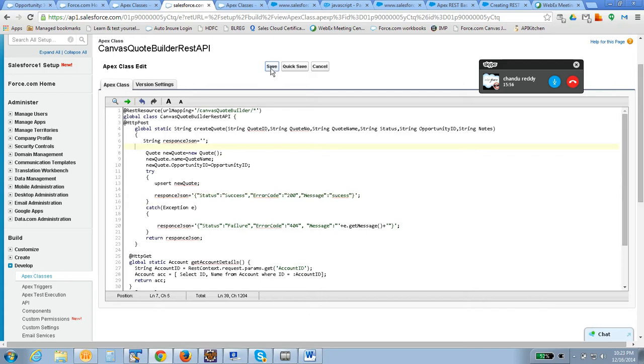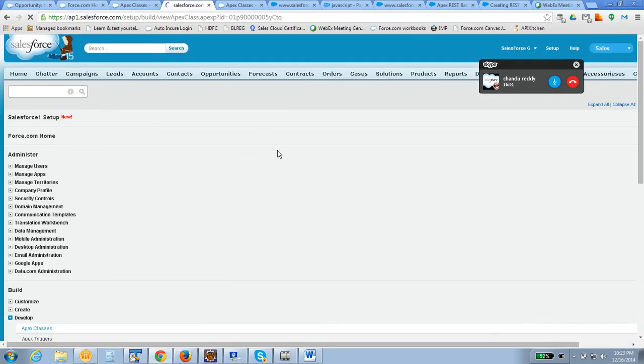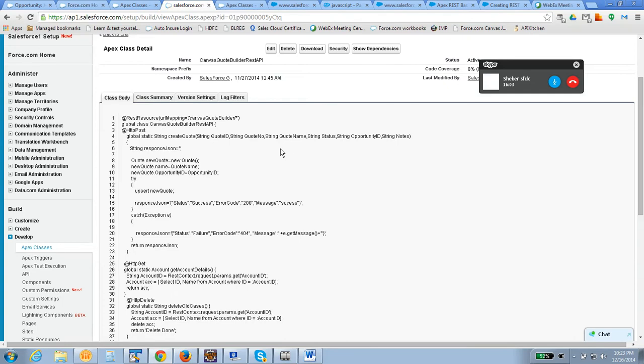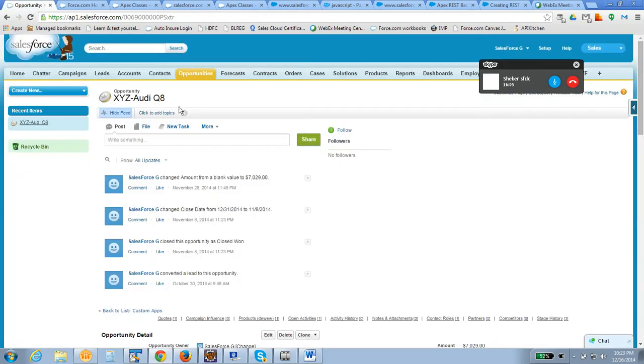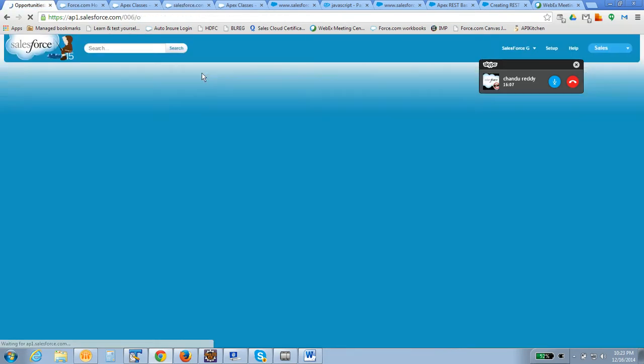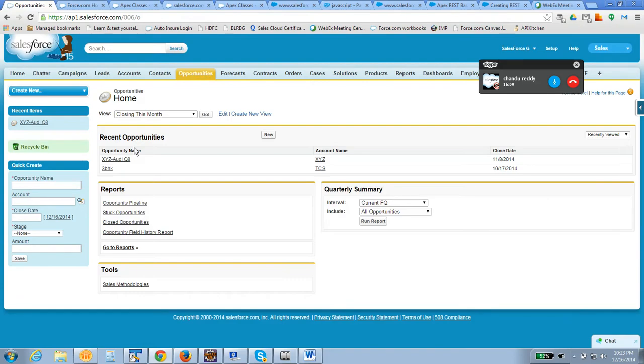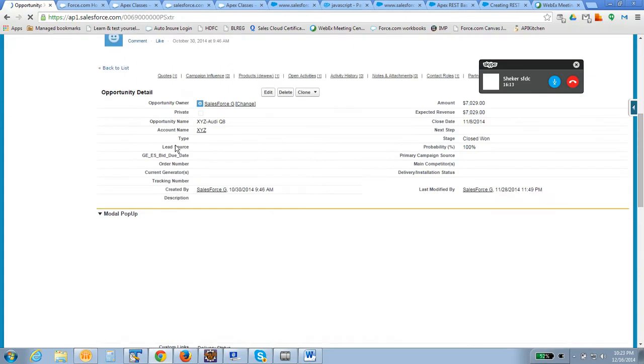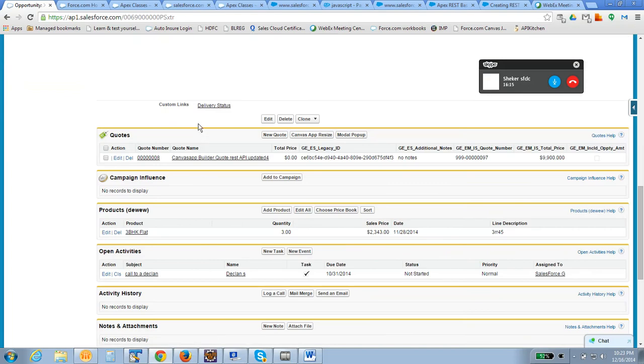Good. Now I need to trigger it from some client. This is our server side code, right? I have to check whether these particular things are working fine or not. So how to call a REST web service from a third party? There will be one constraint. What is that constraint? Shekhar, can you explain? No, I didn't get it.